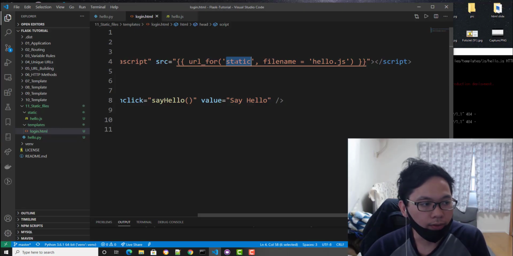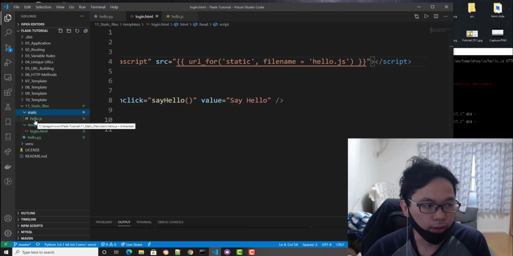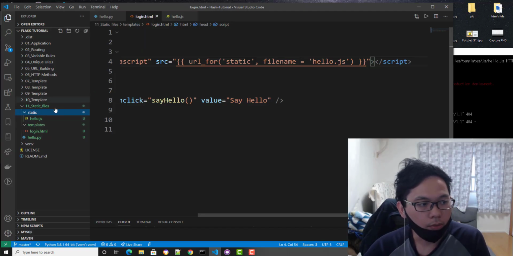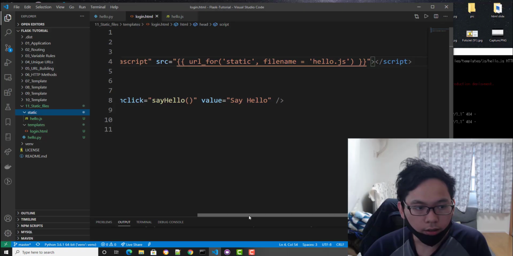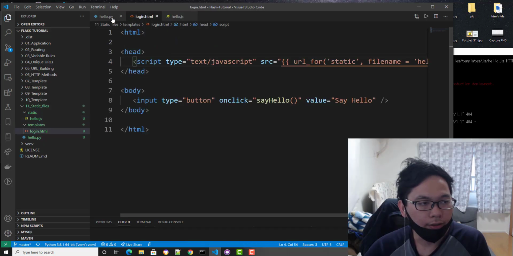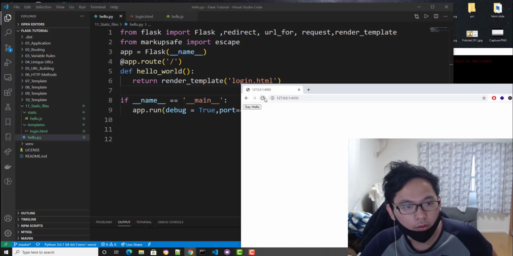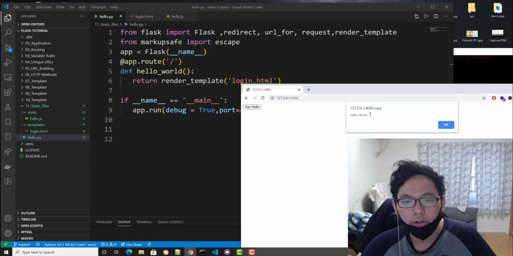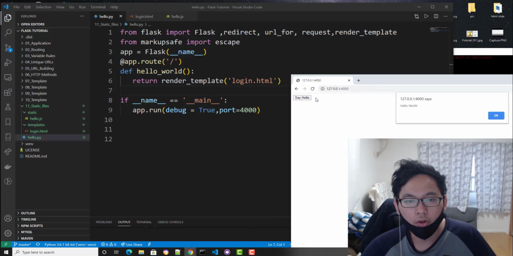So this one is for the folder, and this one is for the file name. Make your static folder, put your JS and CSS. I don't know what you're gonna load anyway, CSS or JavaScript for your file. And the file name hello.js. So the function we're gonna do, if we click, we're gonna alert hello world. Nothing too special, nothing overcomplicated, very straightforward. Okay, I'm gonna click this, and yeah, hello world. So that's how we're gonna load static files in Flask. Not overcomplicated, so easy.